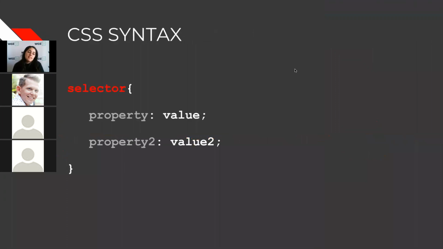With CSS, there is a specific syntax. You'll have your selector, then curly brackets, and then your properties and your values, separated by a semicolon. You can have one property in there, you could have 20, you could have 40, as many as you need. A selector can be a number of things. It can be the actual element name, a class, or an ID. I'm first going to show you the element name.